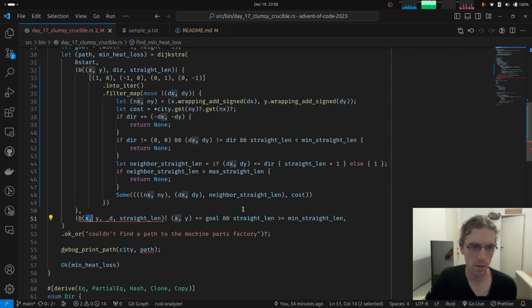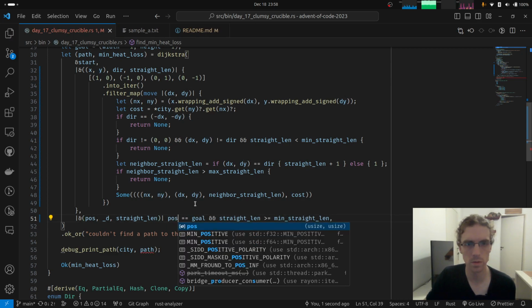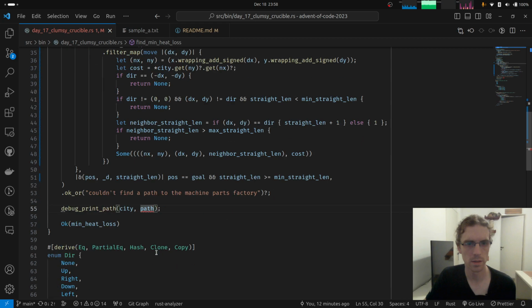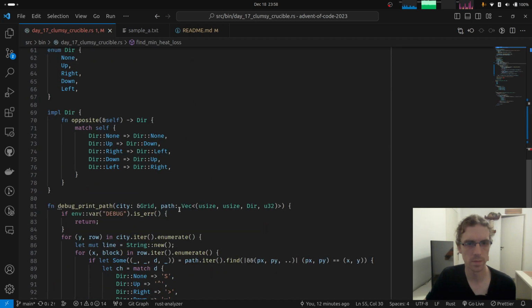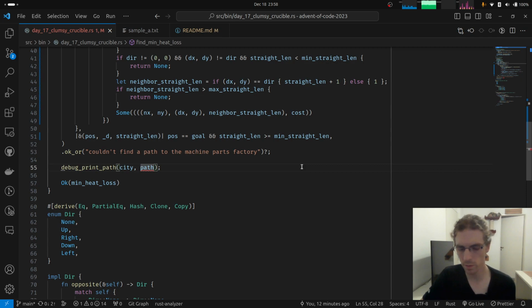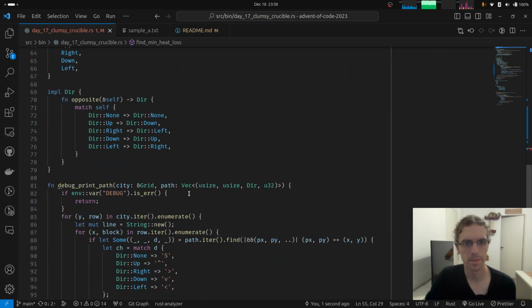We can also here extract position, direction we don't care about, and just ask, hey, is the position equal to our goal? And the straight length greater or equal than that. That's great. And here, oh, this is taking the path. Huh. I didn't realize that we were passing the path by move, which I don't think is the best idea.